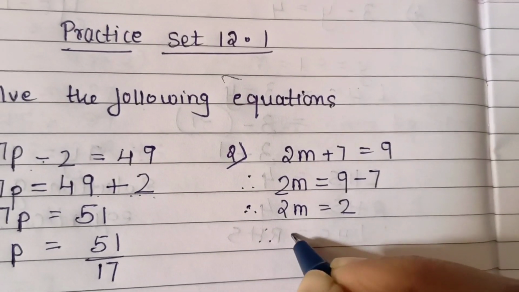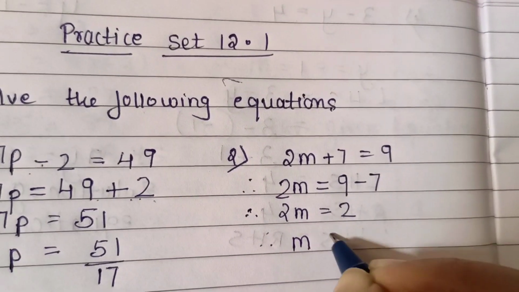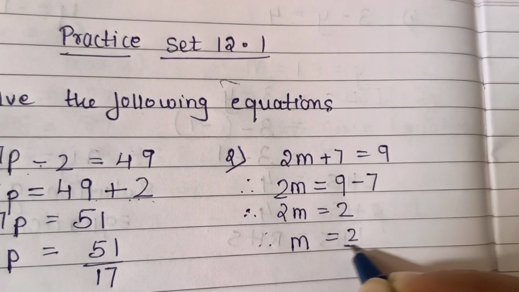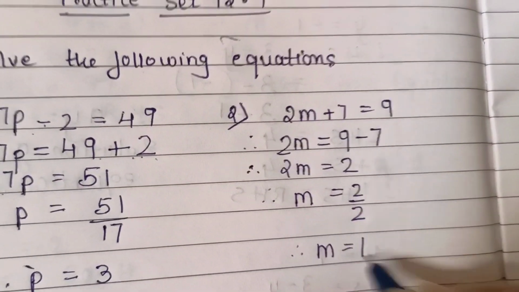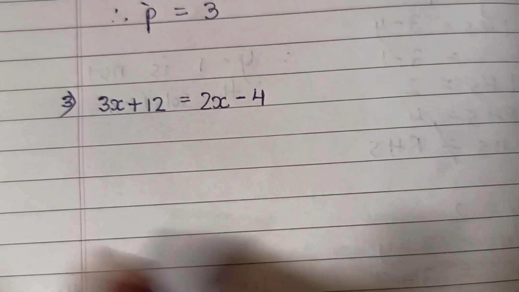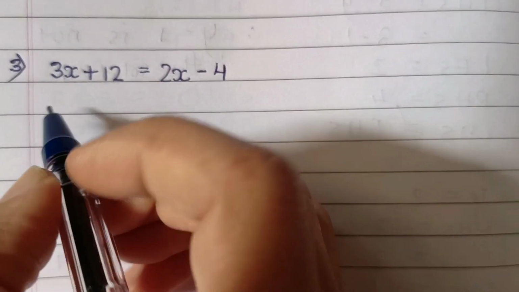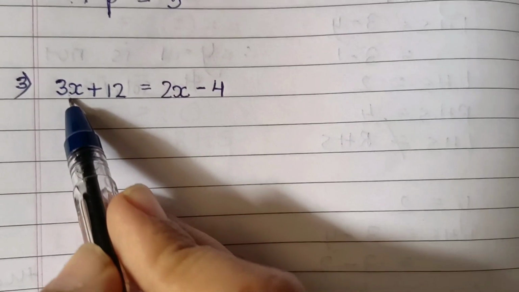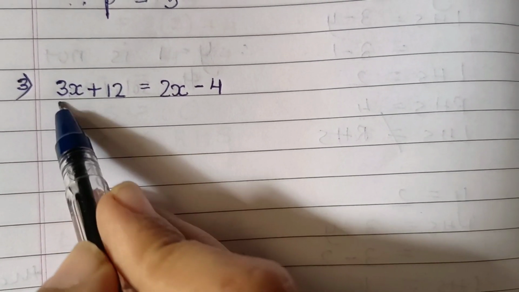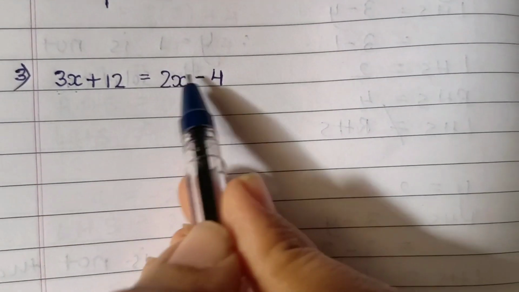Again the same thing, we will keep the variable. 2 divided by 2, so m is equal to 1. In this third question, as you can see, we have a variable, that is term with variable on both the sides. So let us,